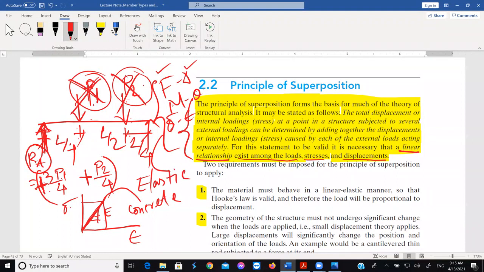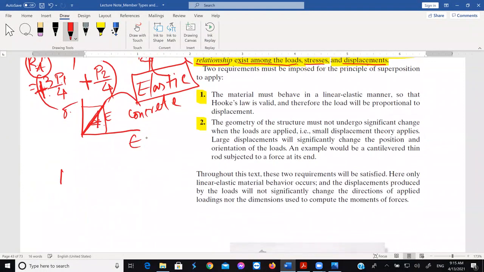So, elastic material behavior. I am just writing this term. The member must behave elastically. That means we can use the modulus of elasticity E for structural analysis. In a lot of terms, you will see E and I, and we use both of these terms to define stiffness, where I is the moment of inertia and E is the modulus of elasticity. If your material does not behave elastically, then you cannot use this elastic modulus for structural analysis.